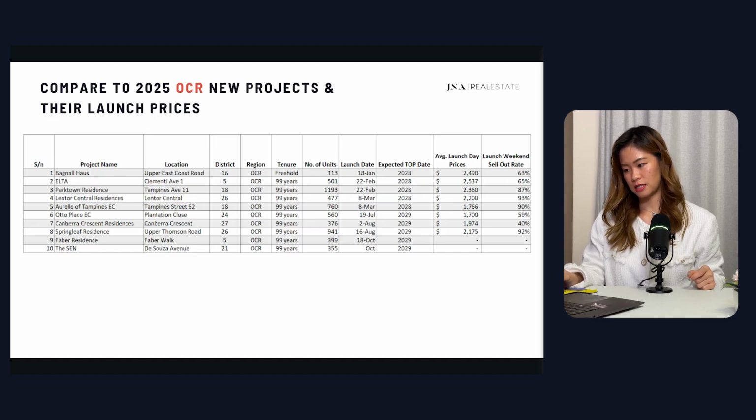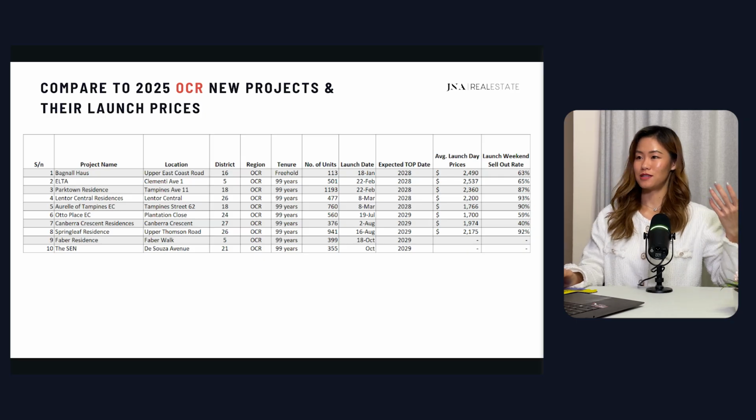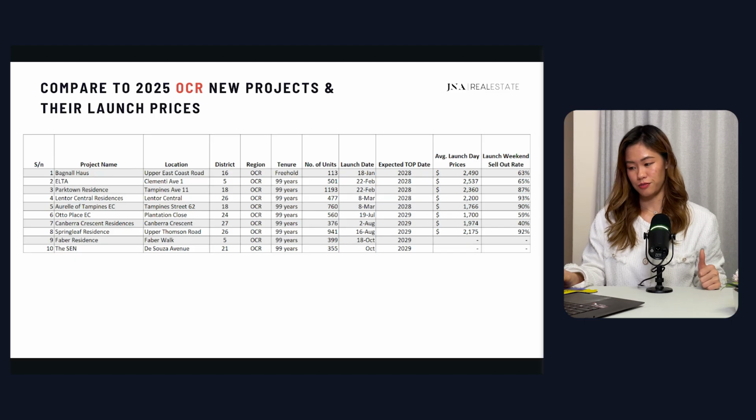Their launch prices, I think this is very important. They range between $1,900 all the way to $2,500 per square foot, and I removed these 2 EC out of the consideration set. But even so, if Faber Residence were to launch at $1,900, just like how Norwood Grand launched at $1,900 per square foot on average, Canberra Crescent $1,900+ per square foot on average, or even let's say Springleaf $2,175 per square foot. Look at its reception rate, 92%. Look at the rest, 93%, 87%, 65%. I think it's extremely healthy, and that's why a lot of people are looking towards Faber